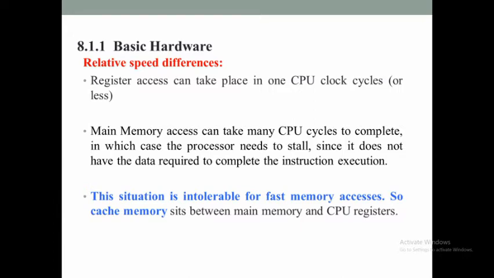The cache memory is usually located very near to the CPU, and I hope you would have known that there are different levels of cache, like level 1 cache, level 2 cache, level 3 cache, etc. The basic purpose of this cache memory is to store the frequently accessed instructions and data.